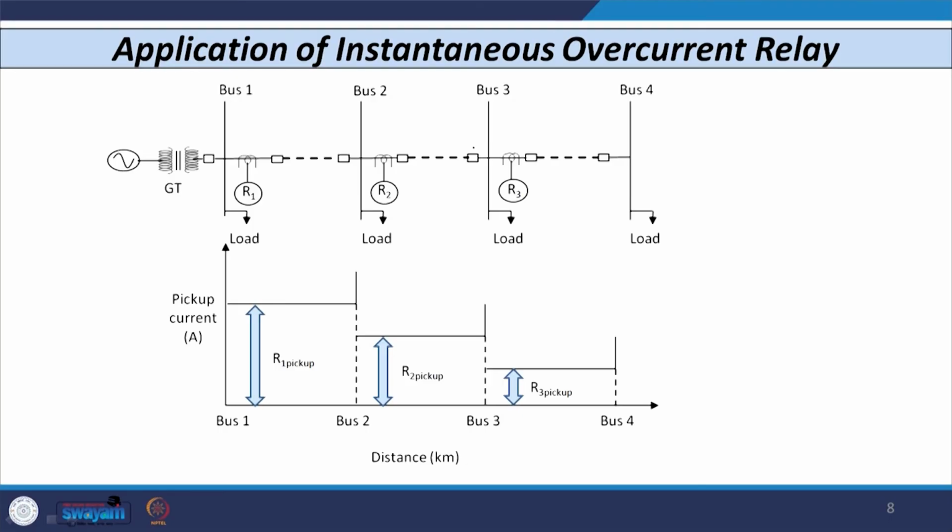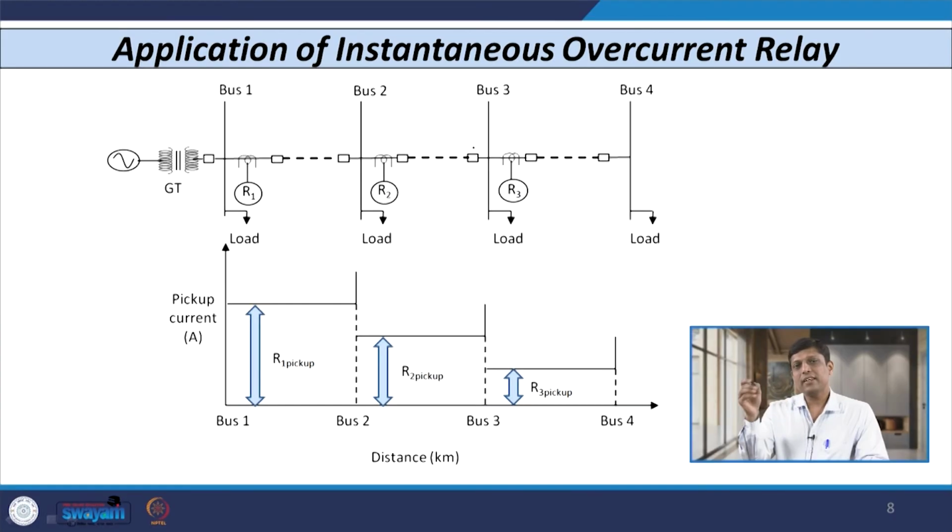So, with this background, if I consider the same system as I have drawn, then relays R1, R2, R3 all are instantaneous overcurrent relays. If I want to decide the setting of these relays, then as I told you earlier, instantaneous overcurrent relays have only the current setting, they do not have any time dial setting. And as I also told you, we have to set the relay which is connected near the load first, in this case R3.